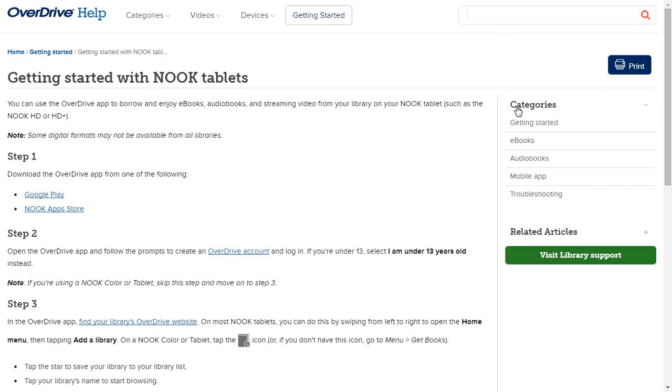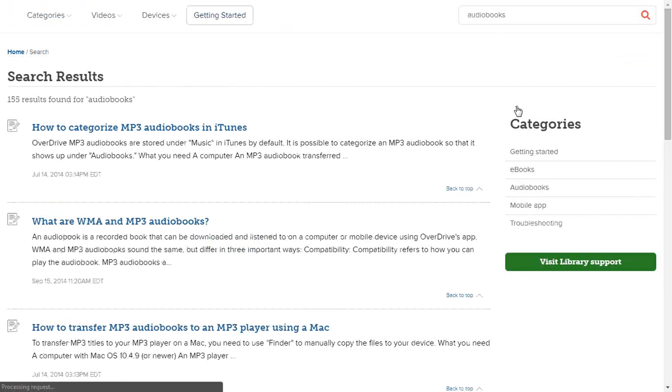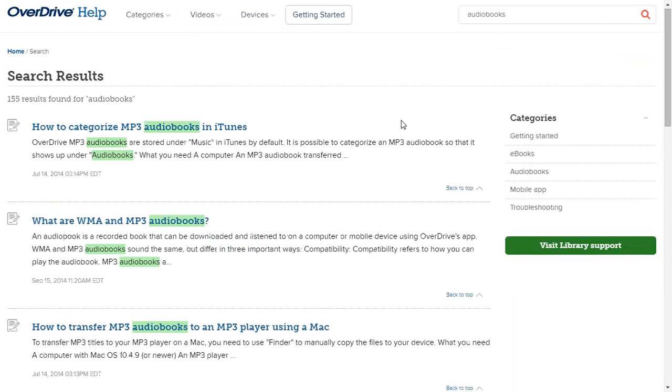The search engine here, if I wanted to look up some information about audiobooks, I could type it in. We use Desk's built-in search engine because that's what we needed to do with Desk. It's a limitation with Desk that you can't really customize the search engine a whole lot, but it works for us, and it highlights things just like Flare search can do. And these are those article icons I was talking about.